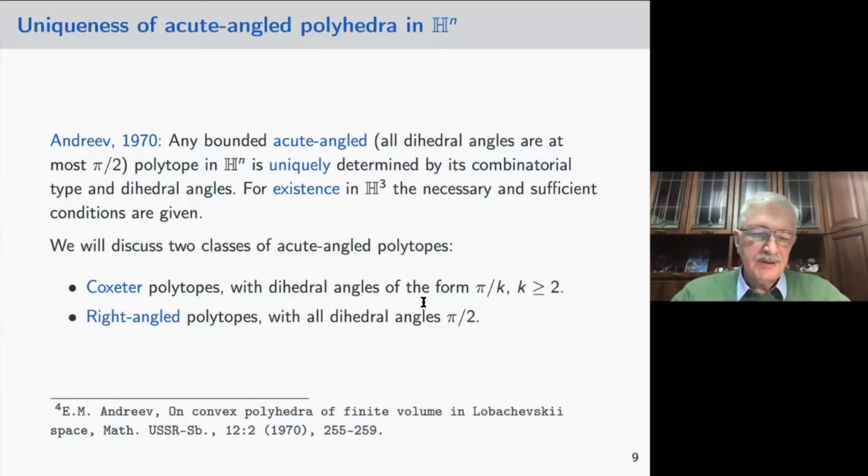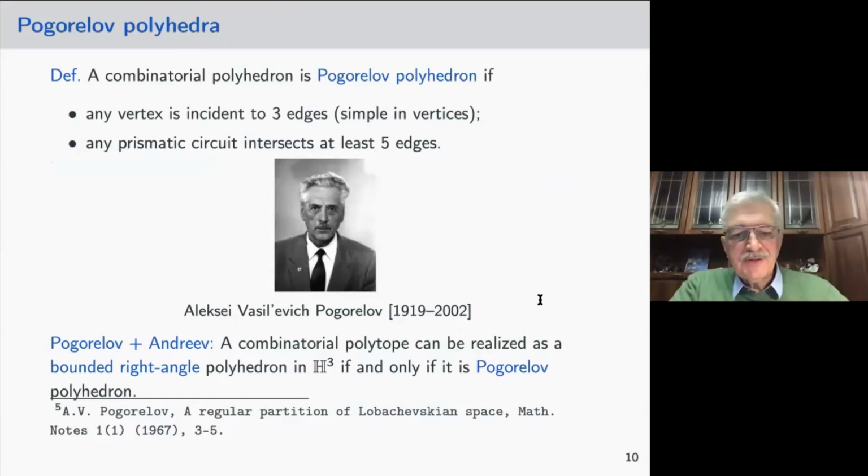So we consider polytopes which we call Coxeter polytopes, such that all dihedral angles are of the form pi over k, where k is an integer, or right-angled polytopes, where all angles are pi over 2. And the case of pi over 2 was first considered by Alexey Vasilyevich Pogorelov, a famous Russian academician. I suppose many students know his textbooks on analytical geometry and the geometry of physics. And in the first issue of a mathematical journal in 1967, he published a paper about